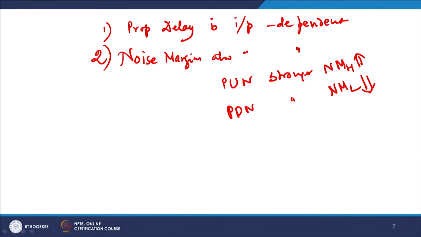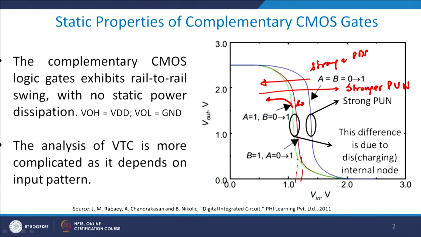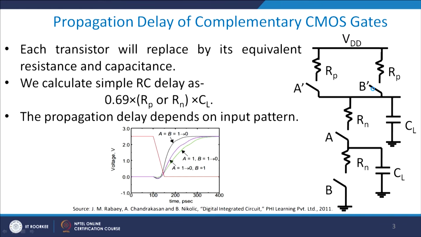Now, this takes care of the idea that noise margins and propagation delay are always input dependent, and that is quite interesting to look into in general. Let me come to the propagation delay of a complementary gate. We have already studied that I can replace individual transistors by their equivalent resistance values. That is known as a switch model, which means that if I replace each transistor by its corresponding R and a switch, I can do all the activities of the device using this switch model.